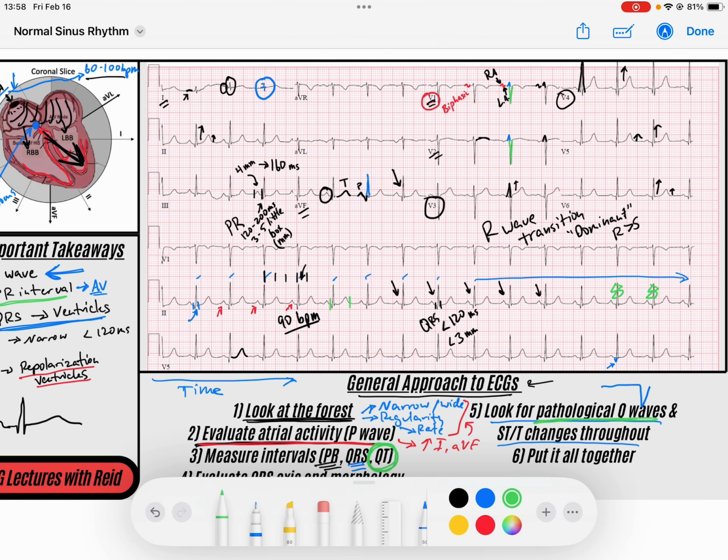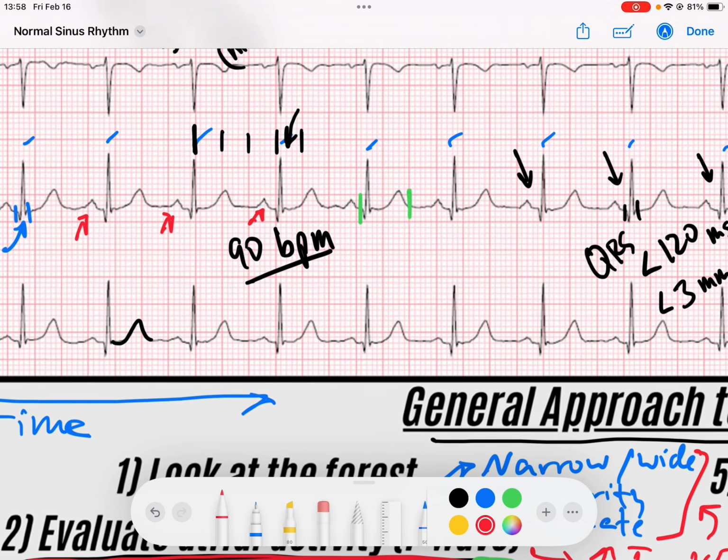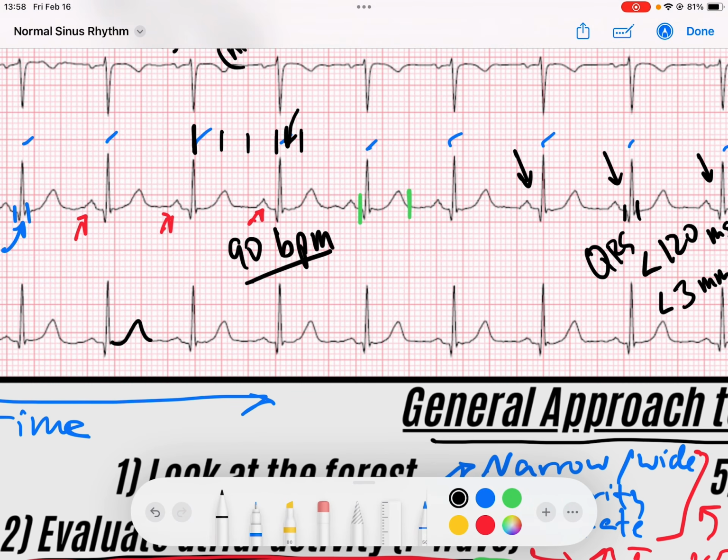ST and T wave changes. What does that mean? That means ST segment elevation, ST segment depression. We measure our ST segments by taking a look, one, at the baseline. This is our baseline. And our ST segment is this portion from the J point. So our ST segment should be at baseline with essentially the same isoelectric point from after the T wave to